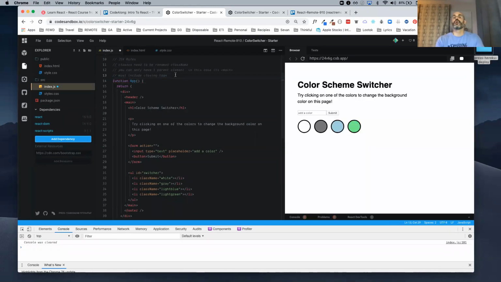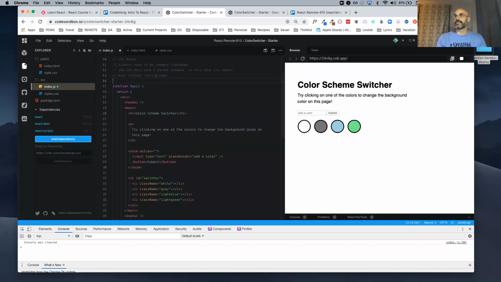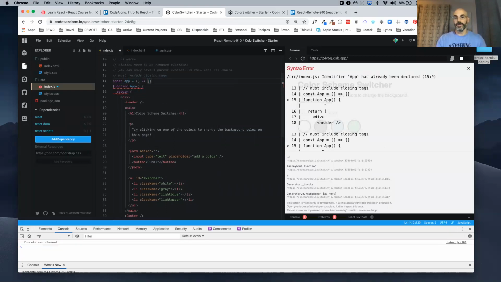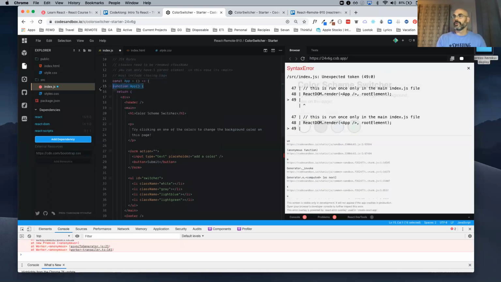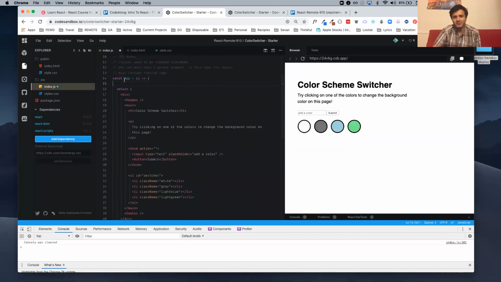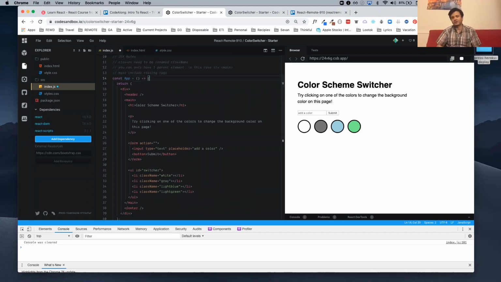Oh, yeah, we could have done it in the ES6 way, or just storing it. I could have said const app is equal to this, you mean, right? Yeah. So if we did this, let me just see. Right, as long as I know it's not a requirement to have that first function. Yeah, you don't. You could have done it this way or the other way.